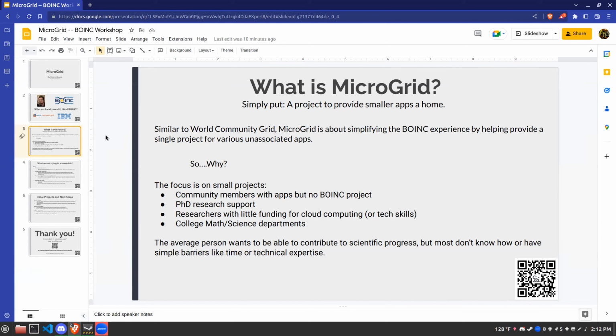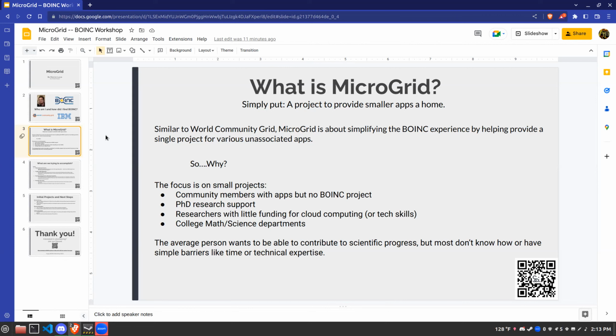There's projects that only have 2-3 months worth of processing. It was said very succinctly earlier: it takes 2 to 3 months to set an application up, get it tested, get it ready, and then it might run for 2 months, and then they have all the answers, and then they're done. So setting up a project is very difficult. I need to get a following, I need to get a user base, I need to get people consistently pulling work units and processing this, but I only need it for like 2 months, right?